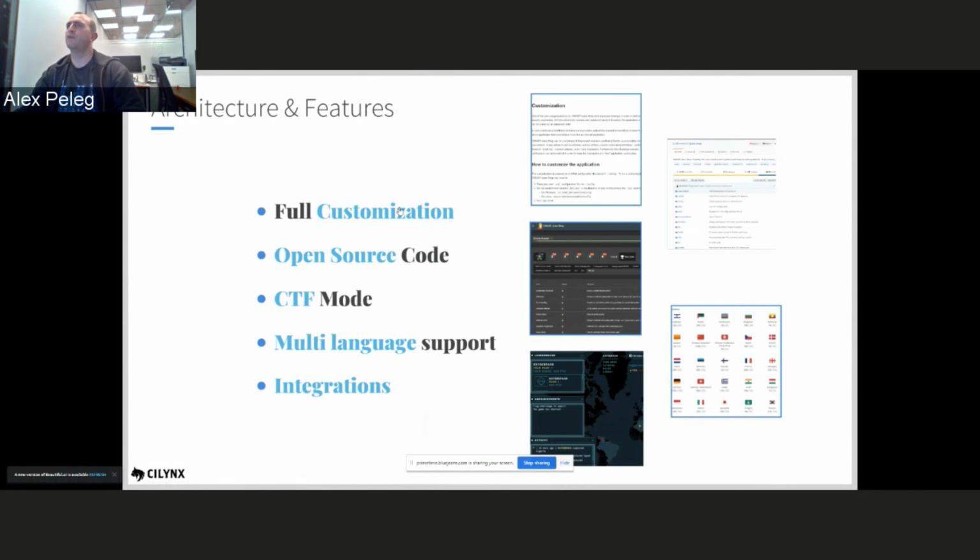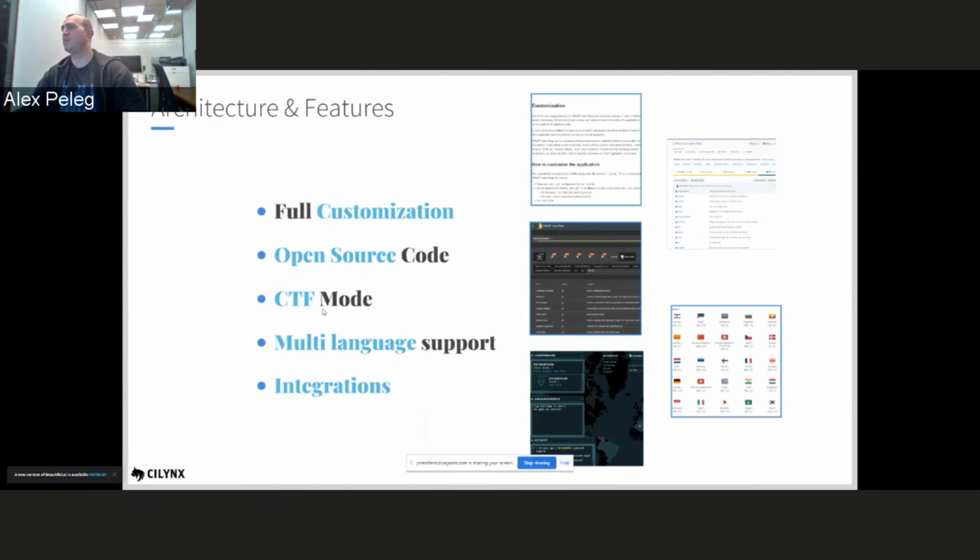It has full customization, so it enables you to create everything that you want and do so many modifications, from defining the challenges, from managing your team, from switching between different views, etc. It has a fully open source code which you can go and explore and change and contribute.